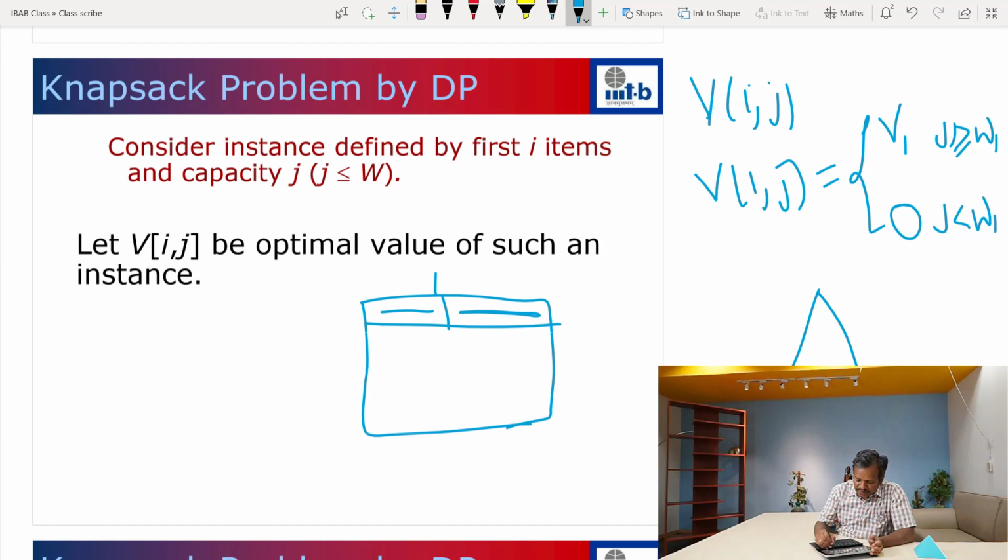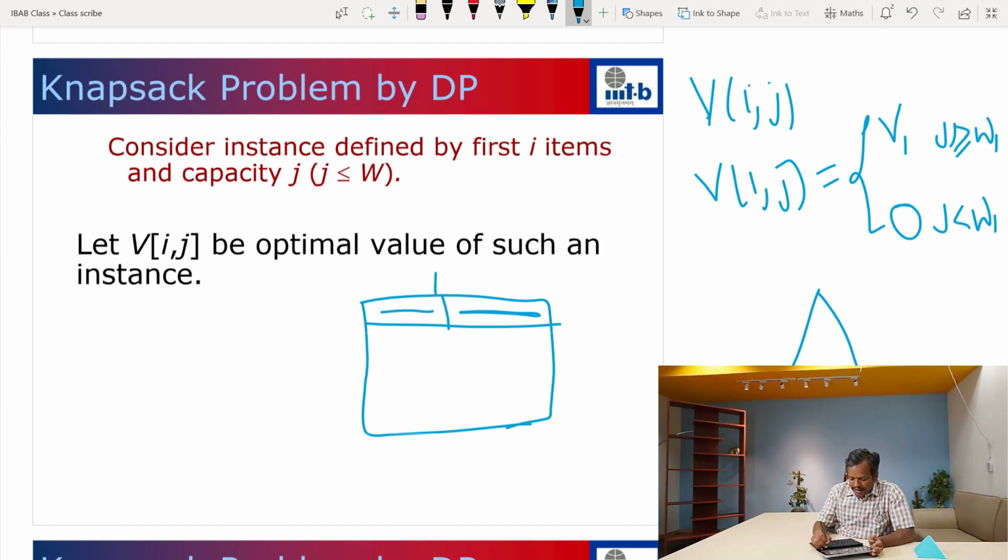So the recursion that I am going to get will be V of i plus V of i minus 1,